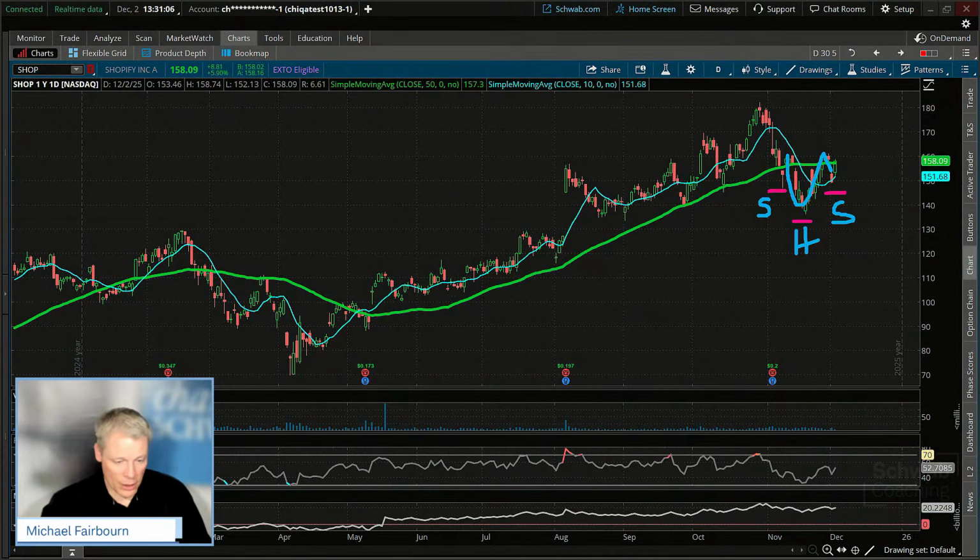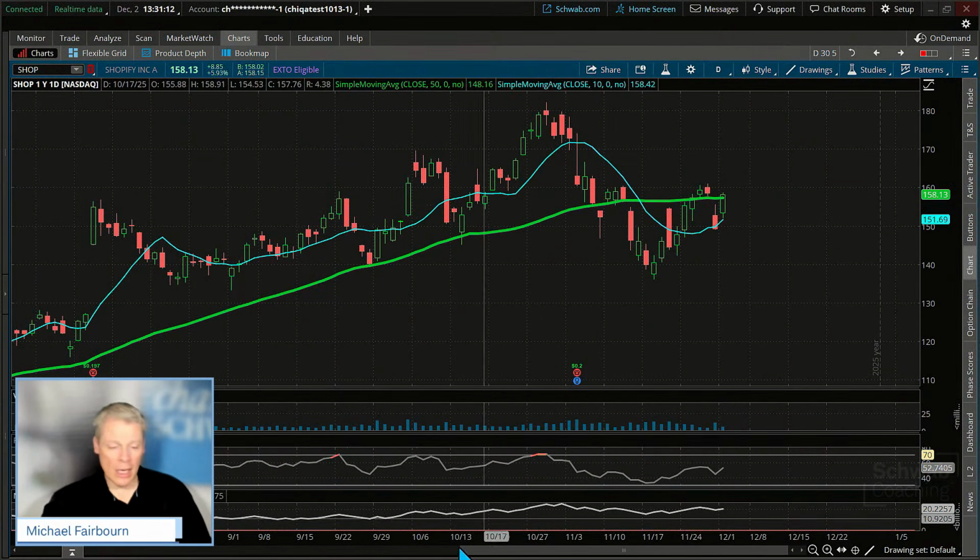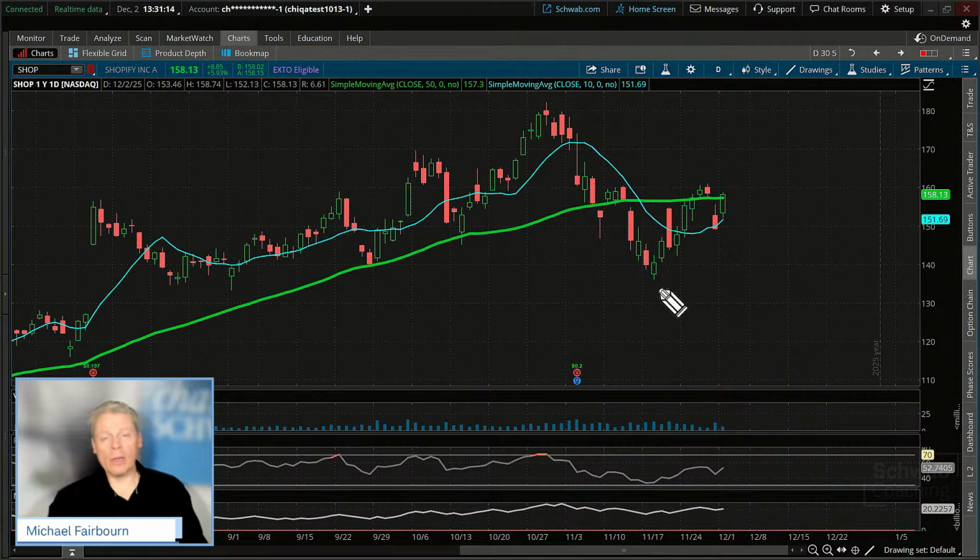Let me do that a little bit more justice by going in a little bit more so you can see it. I zoomed out. There you go. Shoulder, head, shoulder. Again, one thing we love about swing trades too are these shorter term price patterns with the trend. This one's coming out right now, but as you can see, they do have potential price projections too. And that price projection could look like this.